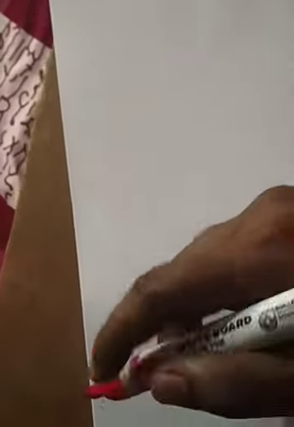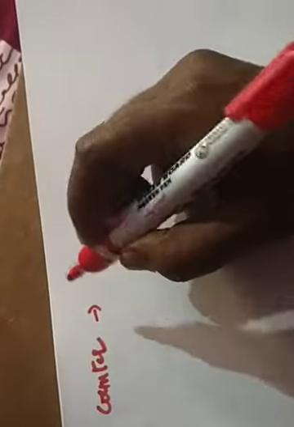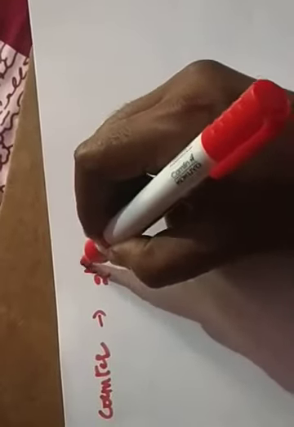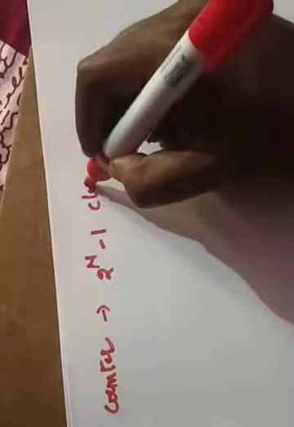Right, so you know about the counter type. What is the drawback that is eliminated from the counter type? We developed the DVM called the successive approximation type digital voltmeter. In a counter type, what is the drawback? An n-bit counter counts the number of clock pulses, which is displayed on a digital screen. In a counter type, 2 power n minus 1 clock pulses are required.